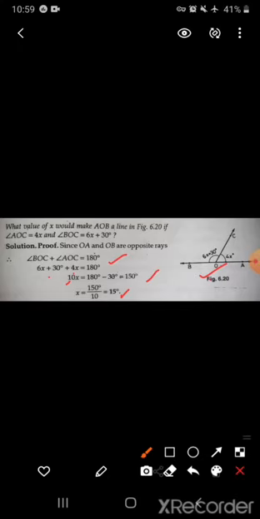They only asked us here to find the value of x. They have not asked us about the actual angles. If you want to find the actual values of these angles, then put the value of x here very carefully, and you get the definite answer for these two angles which actually make a linear pair, right?